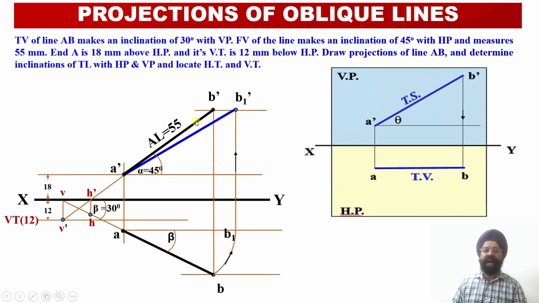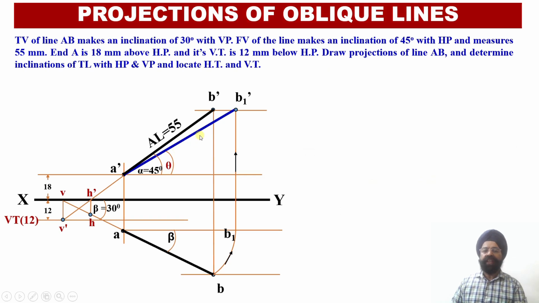So I have deliberately changed the colors. Apparent length has been marked with black color, while the true length has been marked with blue color object line over here. Now, once we have marked this true length of the line in elevation, A dash B1 dash, I can evaluate the angle of inclination of this line A dash B1 dash with respect to the horizontal plane. This angle happens to be angle theta.